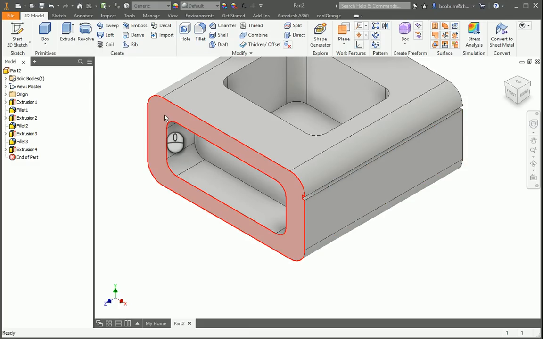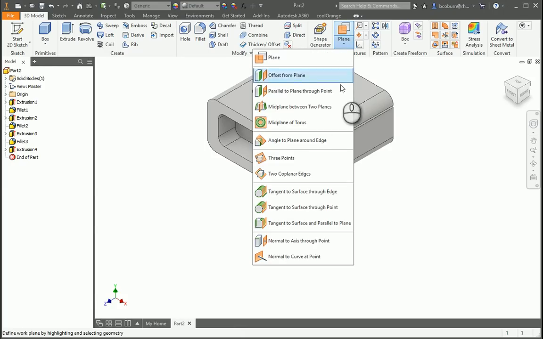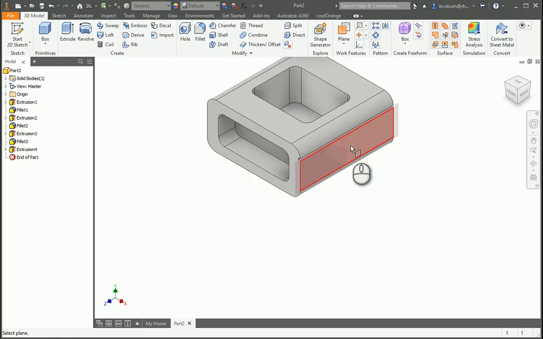I could go ahead and sketch, or I could have put in the original sketch, but we want to practice using planes, so I'm going to pick a plane, but I'm going to pick a mid-plane between two planes. I'm going to pick this plane and this side. You may have to revolve around with the view cube, but if you're careful